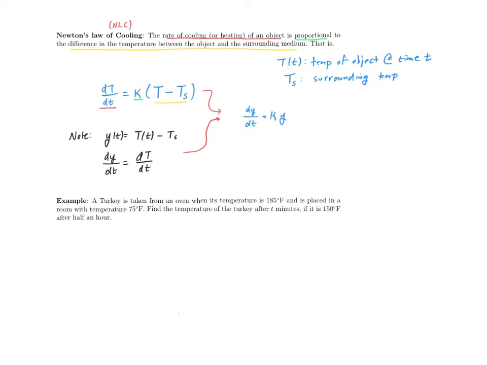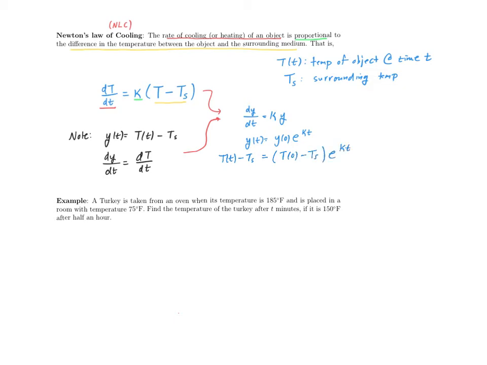This is what we were looking at in our previous video. We know the solution. y of t is equal to y of 0 e to the kt. And let's just put this in terms of our function y of t to the left, i.e. with integration you might be thinking of a resubstitution. So y of t is big T minus T sub s, and y of 0, if you substitute in little t is 0,